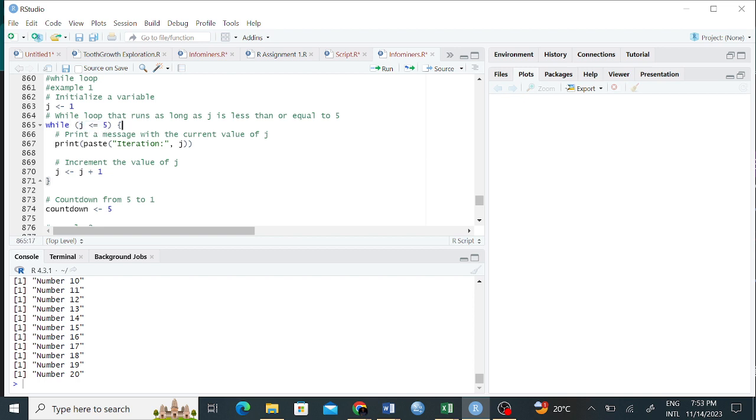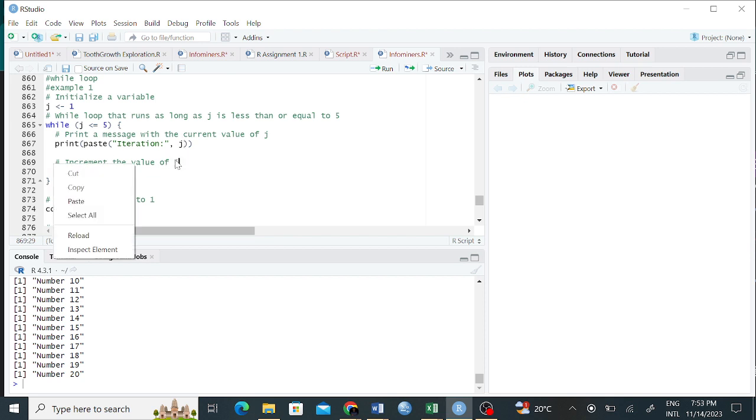What are we supposed to be doing here? Print iteration blah blah j, right? Then what is our increment value of j? j should increase, because when it comes from 1, it is supposed to be increasing and checks if it is less than 5, right? It is not a one-time thing that is going to be written here, but it is something that, it meets this condition, moves to the next step and tries to look again, moves to the next step, tries to look again. That is how a loop function works.